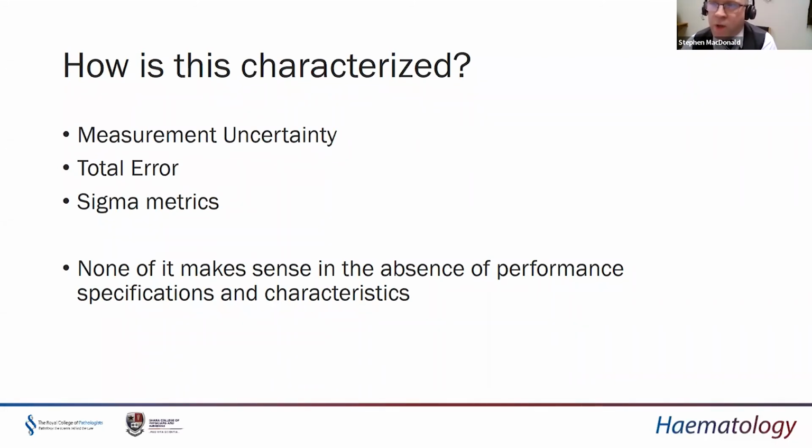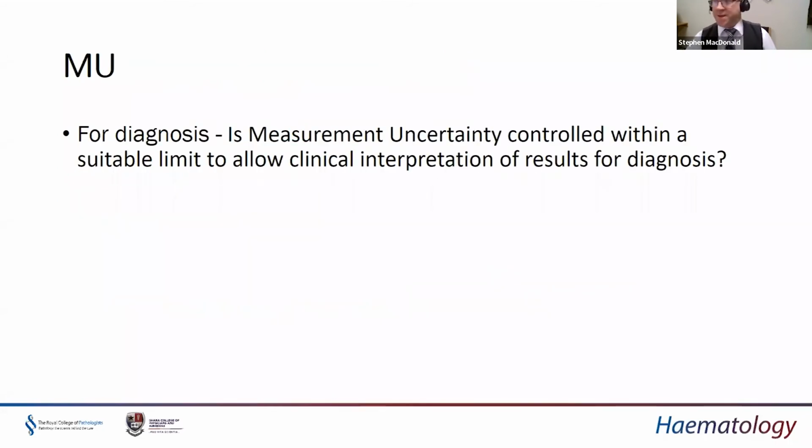Irrespective of which metric we use to determine the quality of our assays, none of it makes sense unless we make sure we have performance specifications assigned to that test. A result of 5 might be good, it might be bad, if we don't determine whether that result is good or bad before we generate that result. And the performance specifications can be different for application for, in this instance, measurement uncertainty, for when we're diagnosing patients or for when we're trying to check patients monitoring or the monitoring of the status of a patient over a